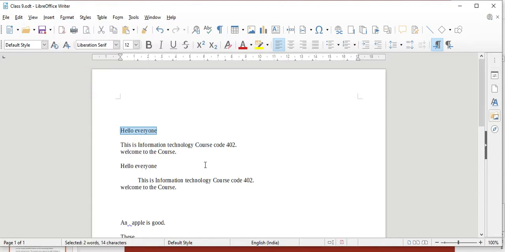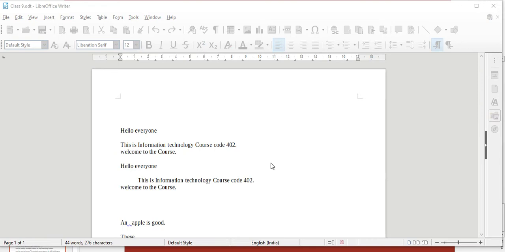If any formatted text is there, that will get cleared and it will become normal plain text. By doing this, it will clear the existing formatting on the text, and then you can apply the fresh formatting features.